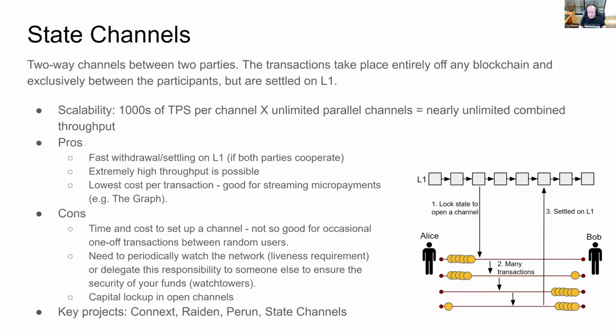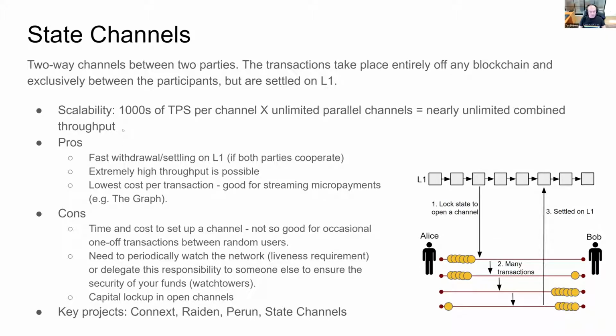So here, if we look at the diagram, you've got Alice and Bob transacting. They initially open a channel by locking some state or tokens, if they're transacting value, into this channel. And then once they've opened the channel and deposited something into it, they can transact as many times as they want, could be thousands of times. And they can send funds back and forth. And then when they're done, they close the channel out, settle it on layer 1, and walk away.